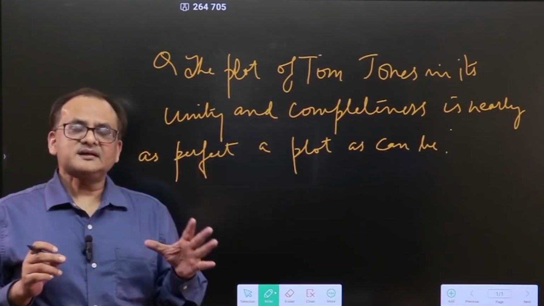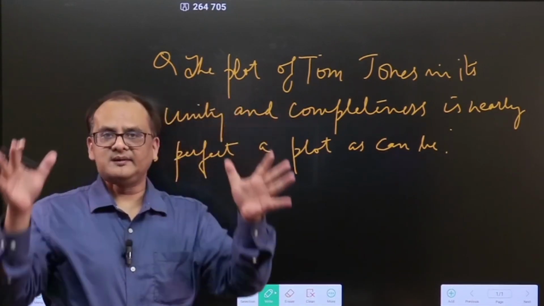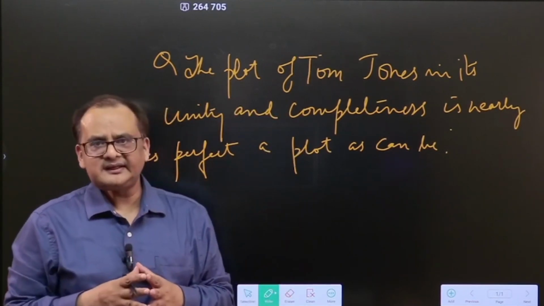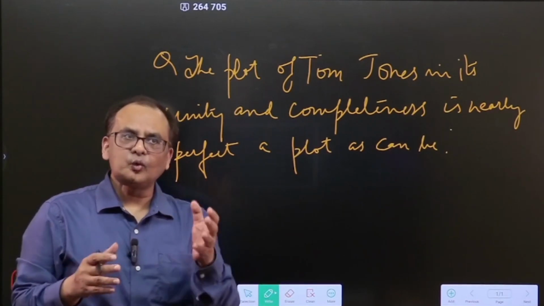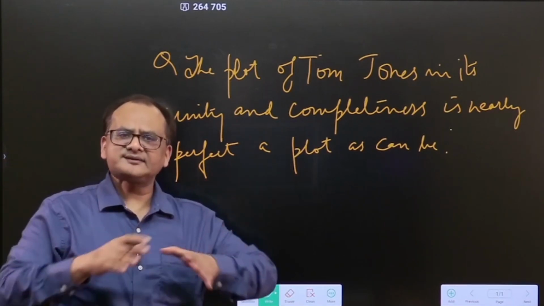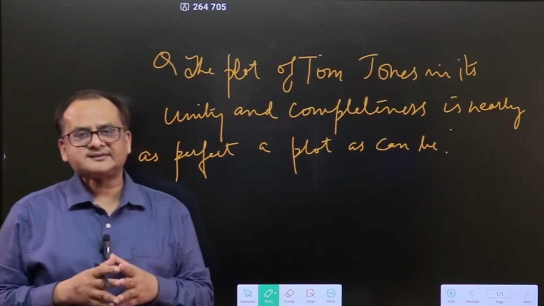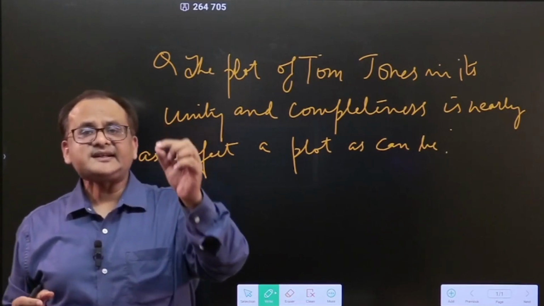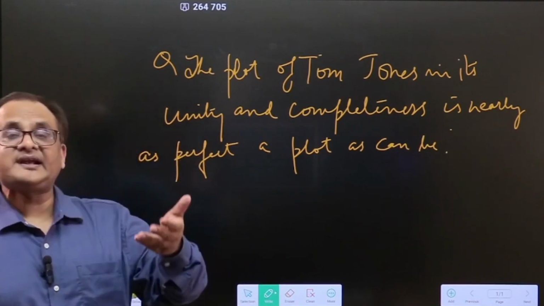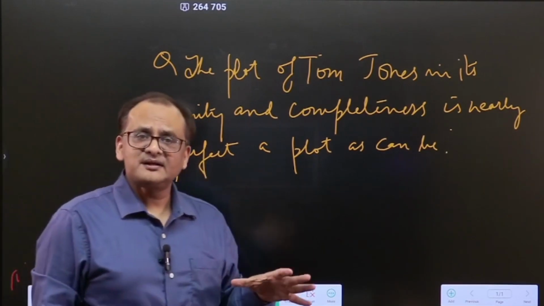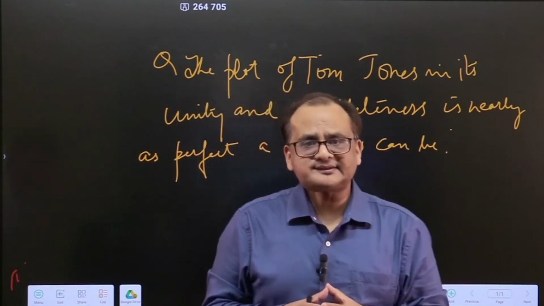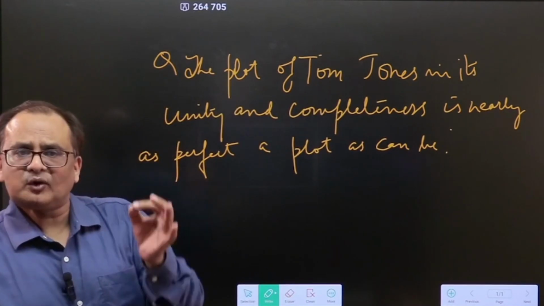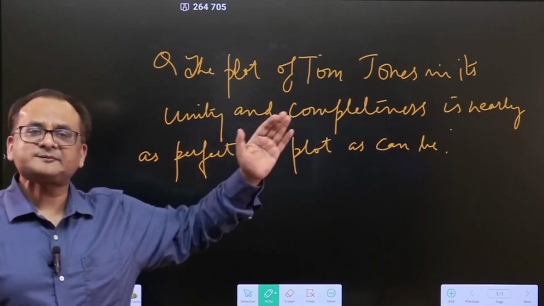So basically here this plot is a single whole and it grows quite organically. If I talk about Henry Fielding, he designed it in order to hold the mirror up to nature, and the vastness of his canvas tries to incorporate within its frame the variegated 18th century life in its different aspects. The action, though topical in appearance, has universal validity, and Fielding's main purpose in presenting this picture